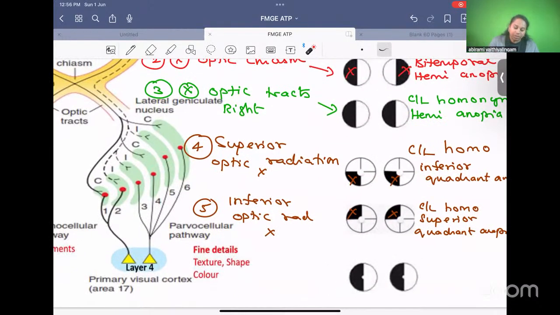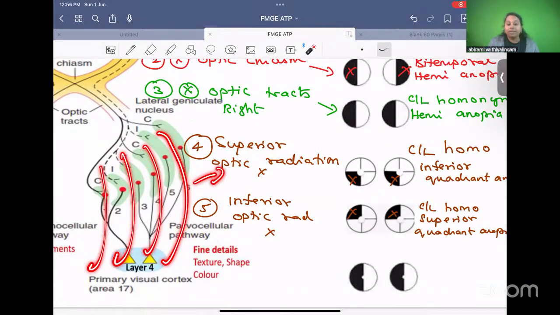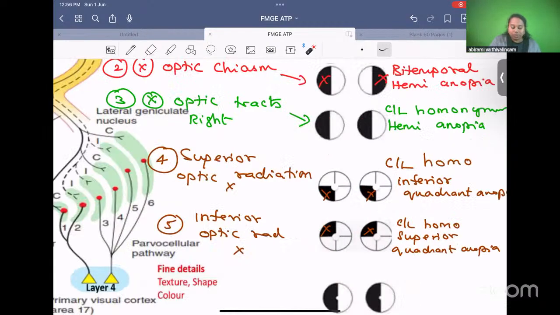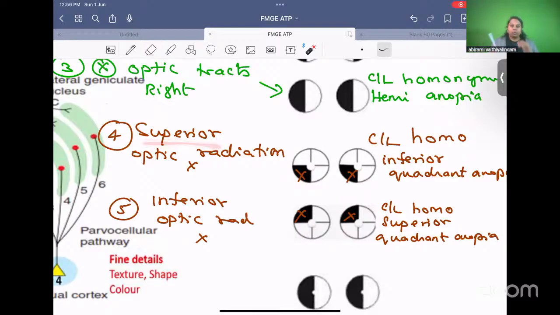From the lateral geniculate nucleus to the visual cortex, these are called optic radiations. You have superior optic radiation and inferior optic radiations. If the superior optic radiation is cut, I told you after this it is all contralateral homonymous hemianopia. But what is the difference? Only superior fibers are cut. I already told you, all objects on top will fall on the inferior half of the retina. All objects down will fall on the superior half of the retina. So if the superior fiber is cut, the inferior field will be lost. So I call it contralateral homonymous